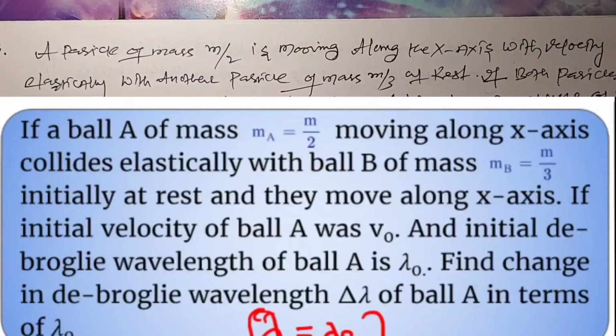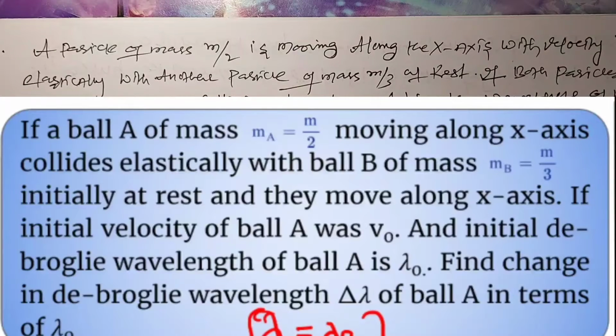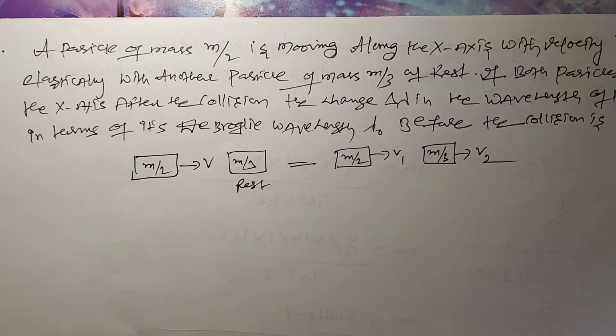Another question is asked from modern physics. A particle of mass m by 2 is moving along the x-axis with a velocity v0. It collides elastically with another particle of mass m by 3 at rest. If both particles move along the x-axis after the collision, the change in wavelength, delta lambda, of particle A in terms of its de Broglie wavelength lambda naught before the collision is...